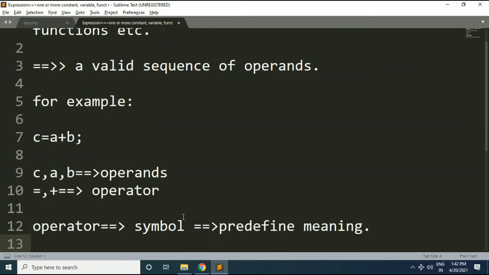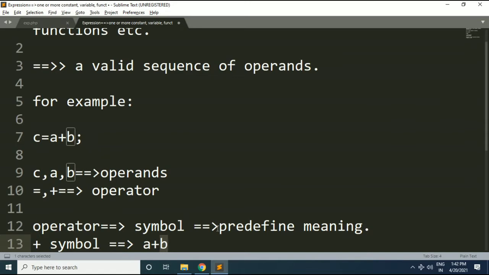What do you mean by predefined meaning? So for example, plus symbol. Now this plus symbol has meaning that it can add two operands. Okay, so we write A plus B. So here the plus operator will add this first operand with this second operand, like this.